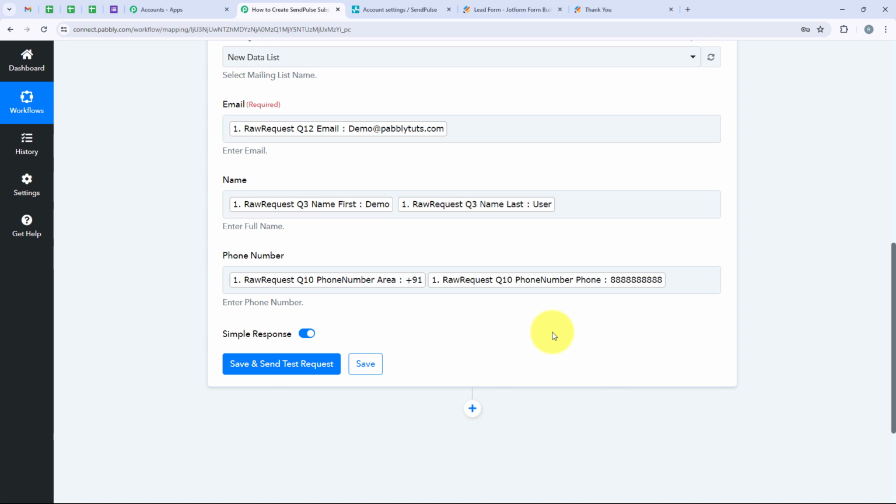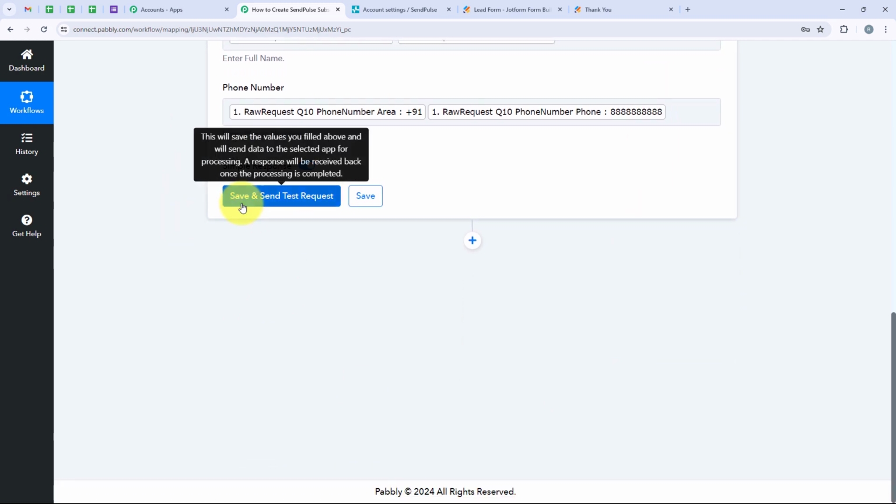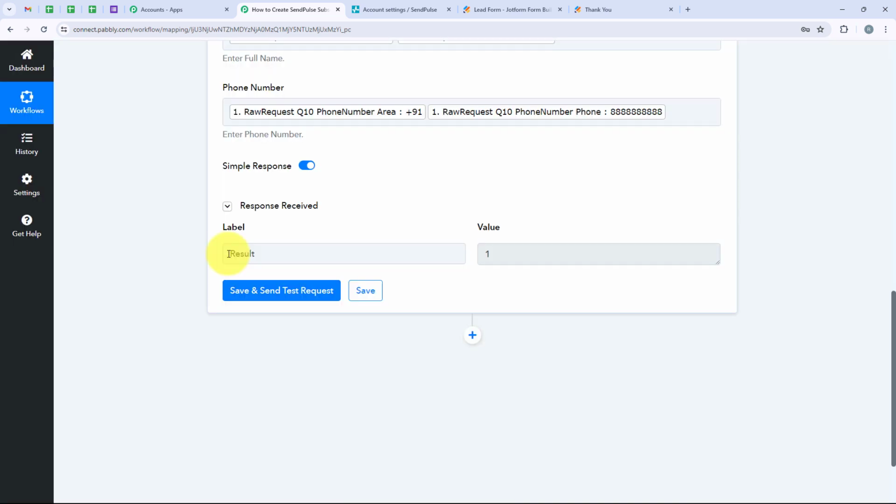And now my workflow is ready to run in real time, because as soon as I map these details, all these details became dynamic. And now these details will change with every new Jotform submitted. After mapping, we are going to click on save and send test request. And yes, you can see result 1. This means that it is a positive response and with the help of our details, a new subscriber is created